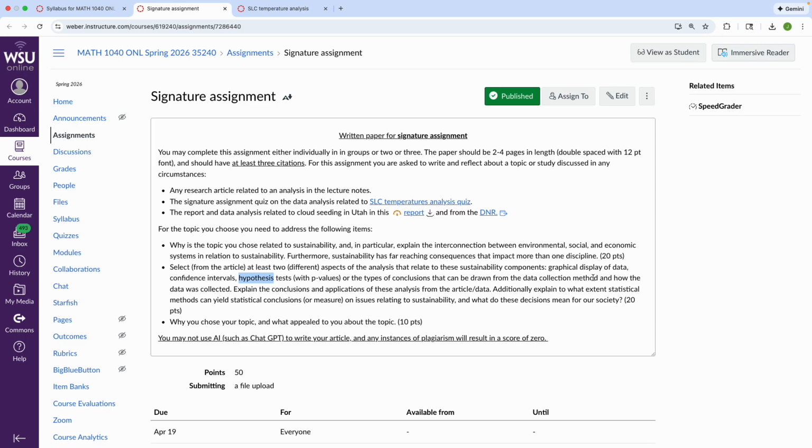So you need to be sure to discuss at least 2 of these items. You also need to be sure to explain the conclusion and application. In addition.